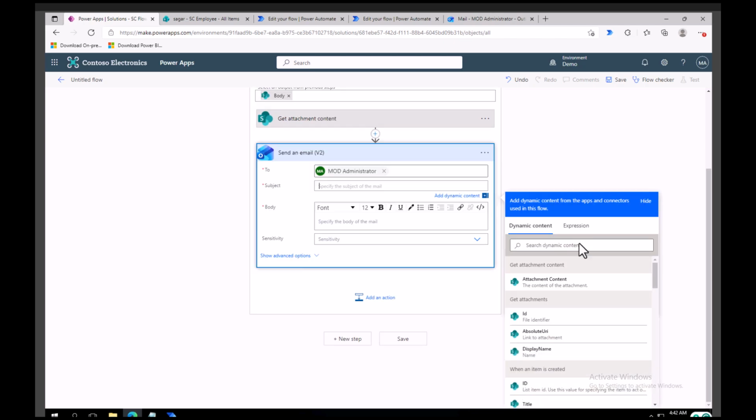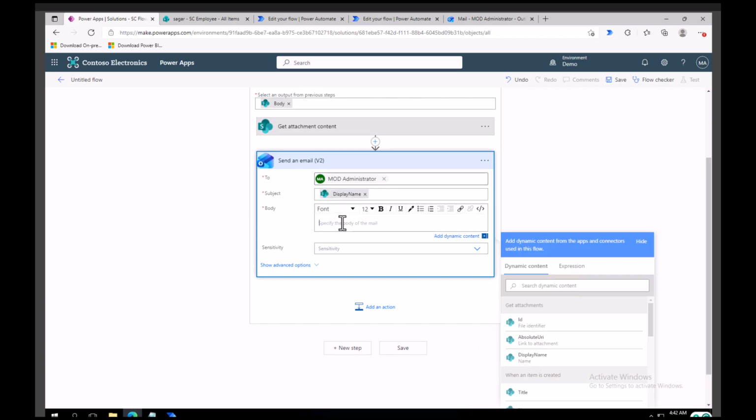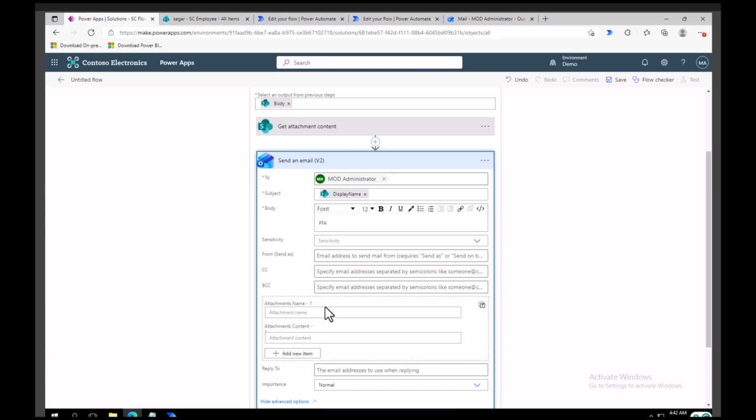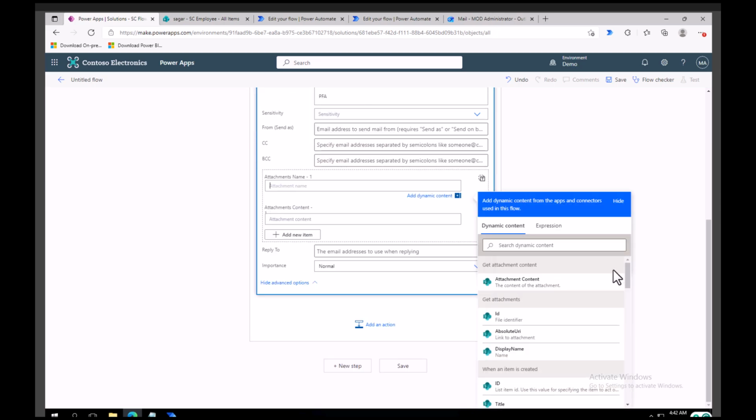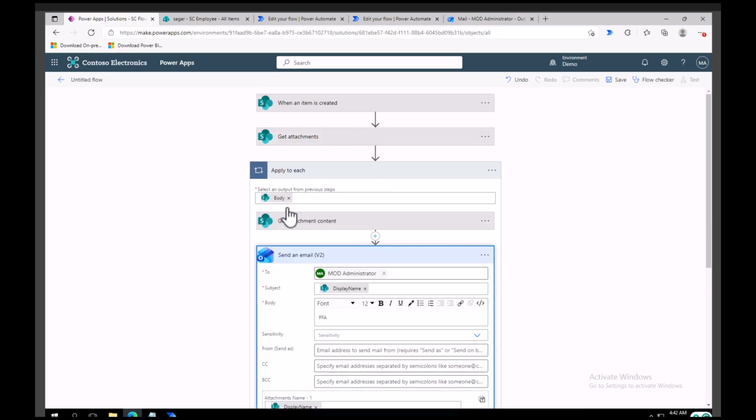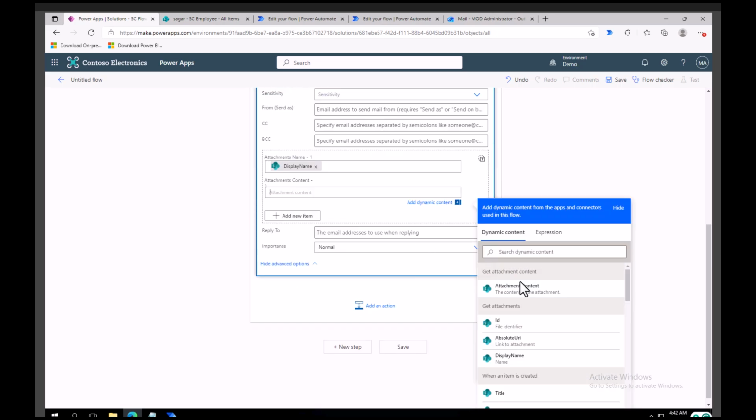Subject would be the display name, and in the body I say please find attachment. I can go to show advanced options here, and this would be my attachment name. So attachment name would be this one, and the content I can get from this get attachment content here. If I save this,